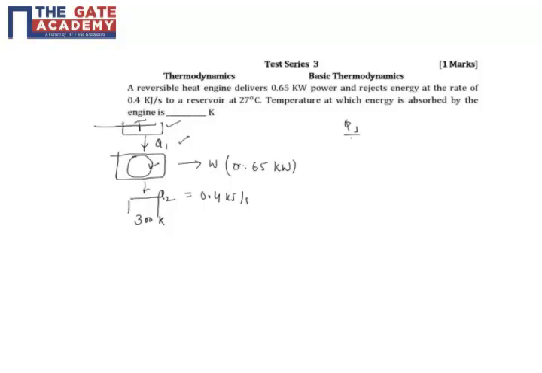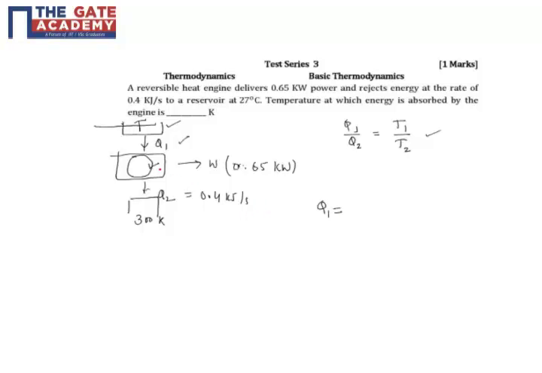the ratio of the heat absorbed to the heat rejected by the heat engine is the same as the ratio of the temperature of the source and the temperature of the sink. This is valid only for a reversible engine. Q1 by Q2 is equal to T1 by T2, but we don't know Q1. So from the first law,